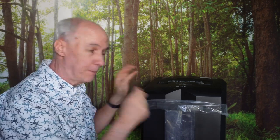The other thing important to me was security. Now, with shredders, there are the types that just cut paper into long strips. Not so secure. People can go in the trash and put those back together fairly easily. Then there are the cross-cut shredders that every so often cut sideways. Then there are the micro-cut shredders, which this qualifies as a P4 micro-cut, which means it cuts them into small pieces. And I think these days they even have nano-cuts, which gives you down to the molecular size of the paper. This Bonsaii shredder is fast and it's quiet, and the shredded pieces go